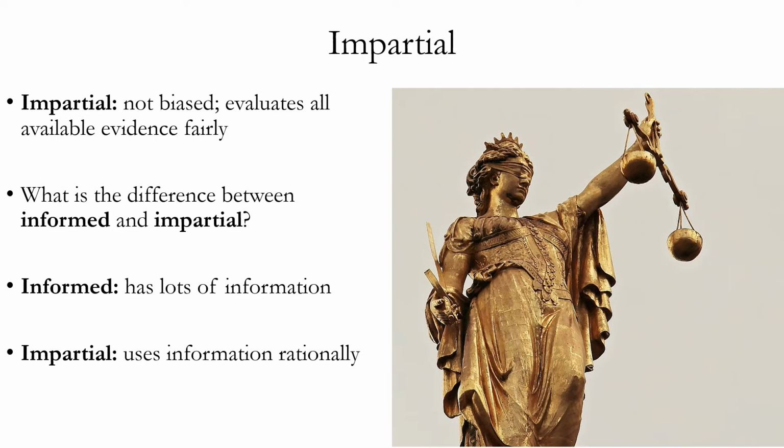So try to think of an example of a source that would be informed but not impartial, i.e. would be informed but biased. A good example of that might be a mechanic, someone who knows a lot about cars, but some mechanics can be biased if they want to make more money from you. So you take your car in, it's having problems. They know what the problem is, but because they can earn more money if they say it's a more expensive or bigger problem, they may be biased in terms of the information they give to you.